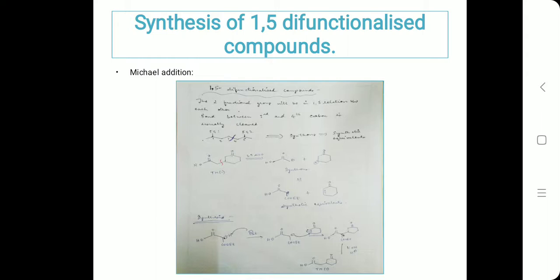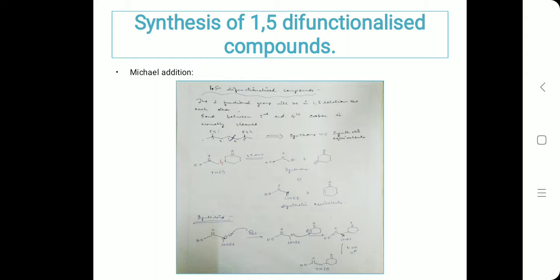So hence we're going to write the retrosynthetic arrow, and above that we will mention 1,5 diCO. DiCO stands for disconnection of the carbonyl. So 1,5 C diCO, and then we will be writing down the synthons. Now, once you cleave the bond between the cyclohexanone ring and the adjacent carbon, we are going to get a positive charge on the cyclohexanone, and the subsequent synthon would be